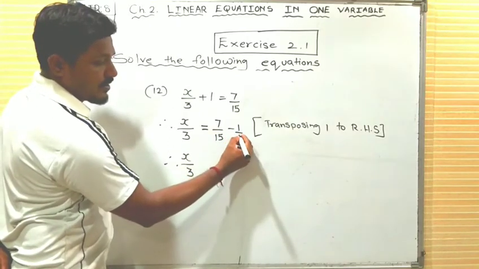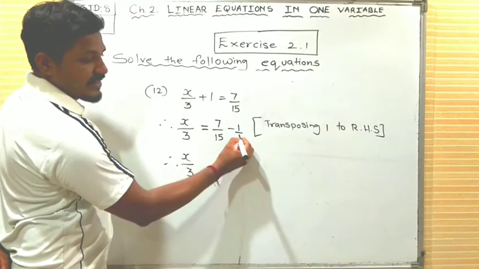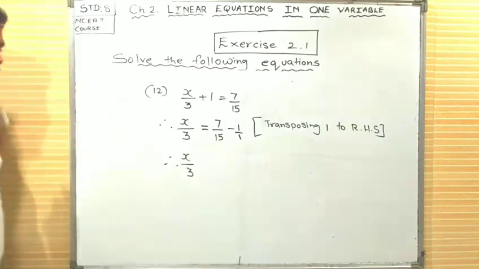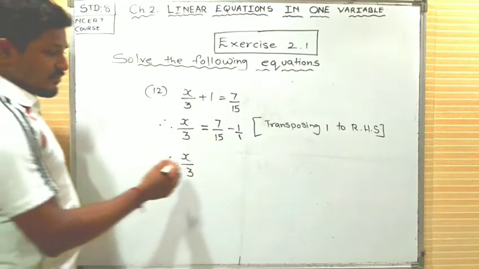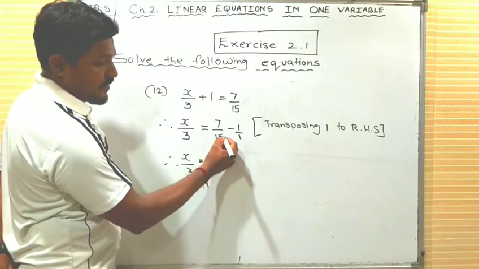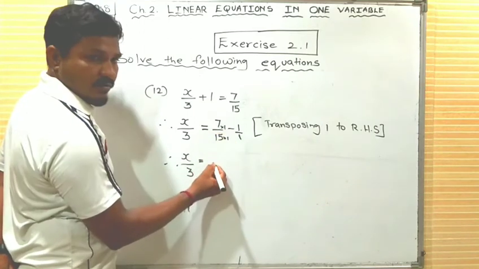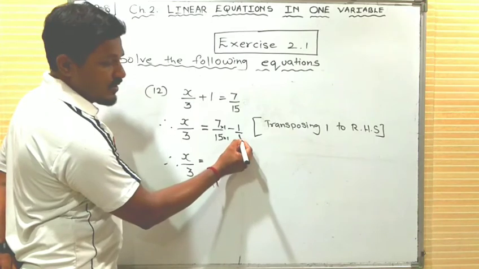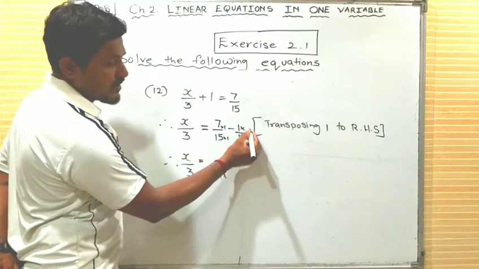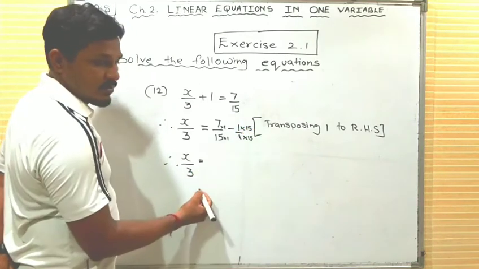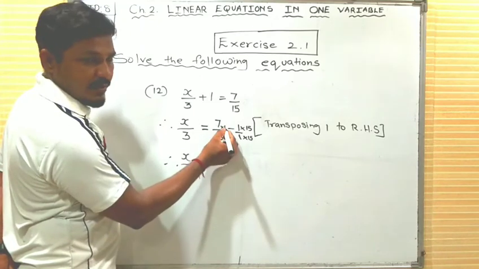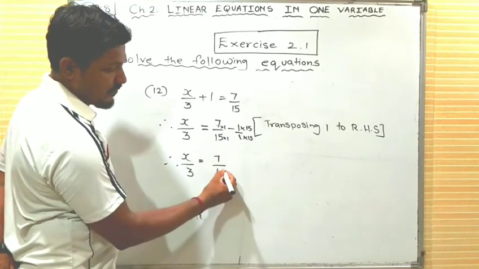So here the denominator, you have to consider it as 1. Now the LCM of 15 and 1 is always 15. So what you need to do is, here 15 ones are 15. So to bring 15 over here, the 1 should be multiplied by 15. So whatever number you are taking in the denominator, the same value you have to take in the numerator also. Now 7, here I had taken 1, so the same value you have to take in the numerator also. So 7 ones are 7 by 15.